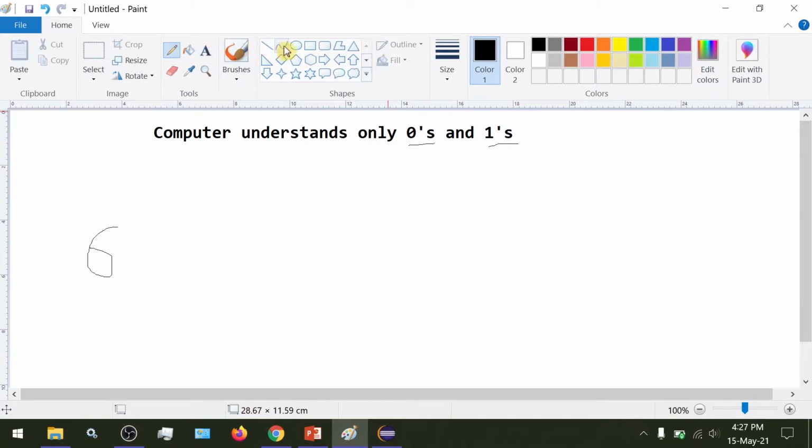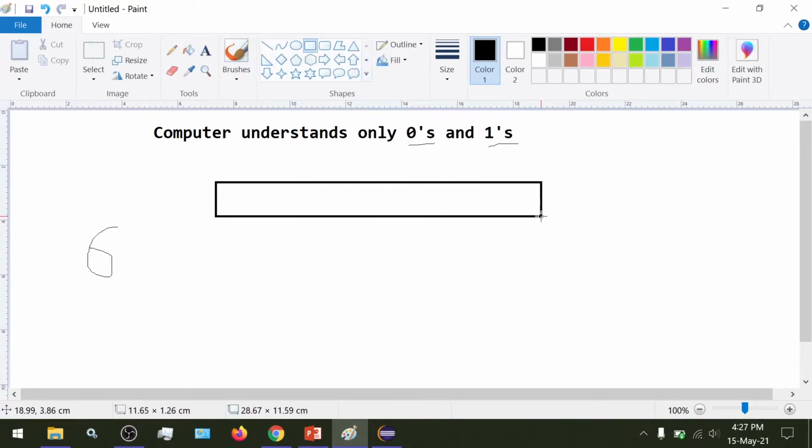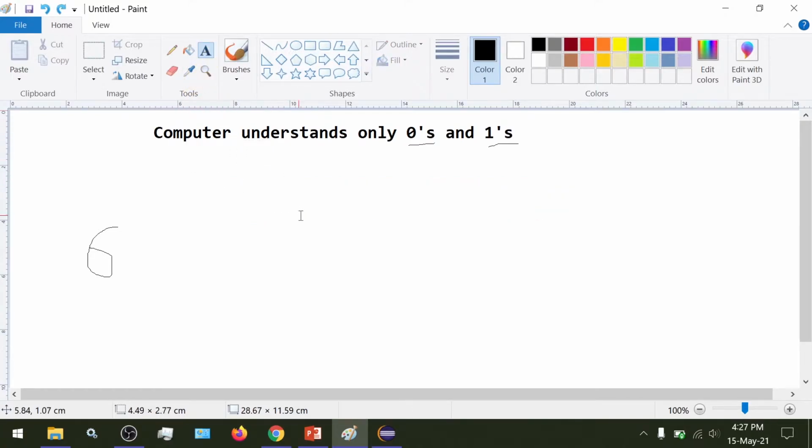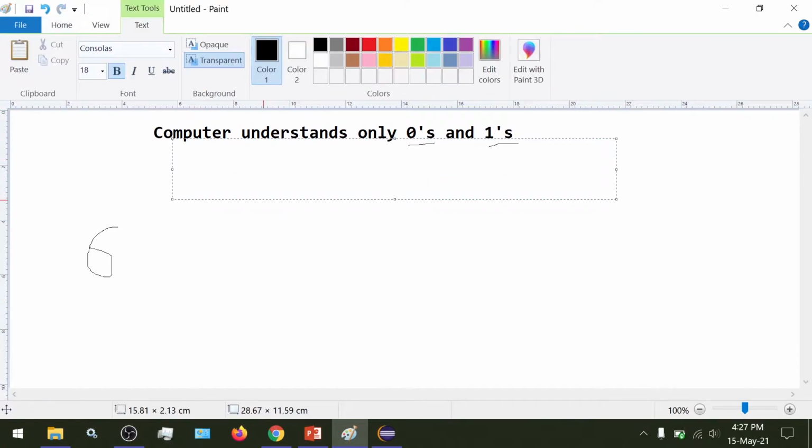So it would look something like this. There are sequences of zeros and ones to represent data. So this could be a sequence, and this represents some data. The representation of 6 is 0110. So this is a binary type of data, and understanding and explaining binary is out of scope of this video.